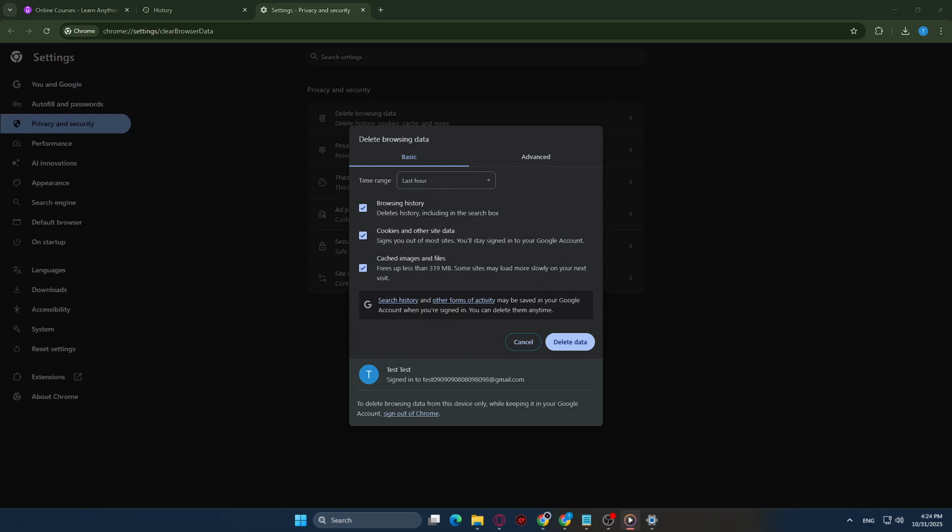In the Clear Browsing Data window, you'll be presented with two main tabs, Basic and Advanced. Under the Basic tab, you have three simple options to choose from: browsing history, cookies and other site data, and cached images and files. Make sure all these boxes are checked, as clearing them helps free up space and refresh